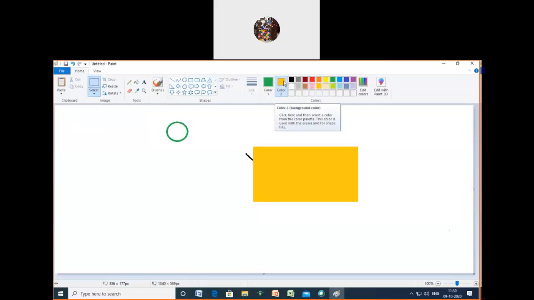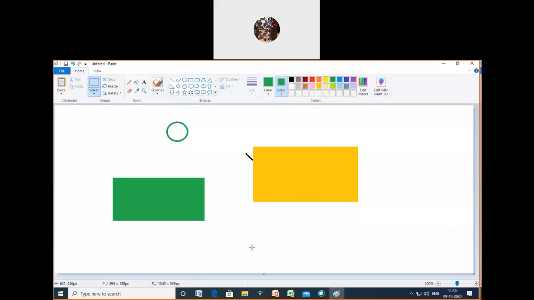Suppose I would like to select green there. So now if I cut some other area, see now what color will be visible there? Green. Got it? In this way we will utilize the color 2. That is the background color of that screen. That means the drawing area. So far whatever we are doing for drawing purposes, the area that we are using, we used to call as a drawing area.